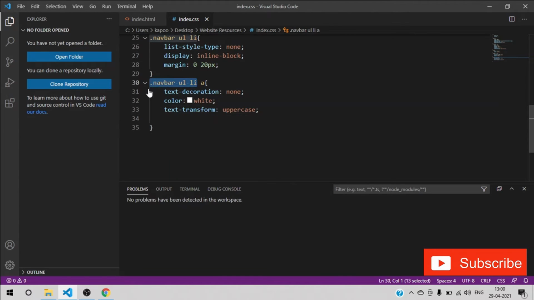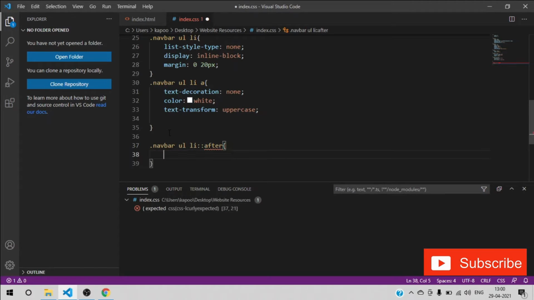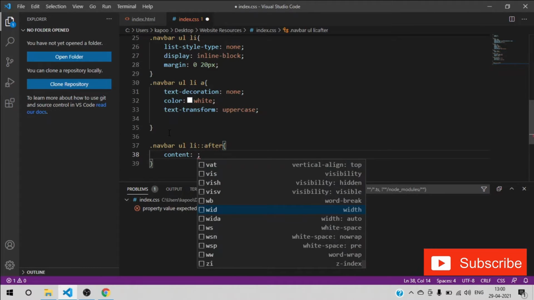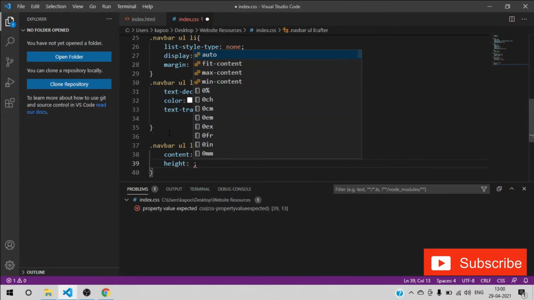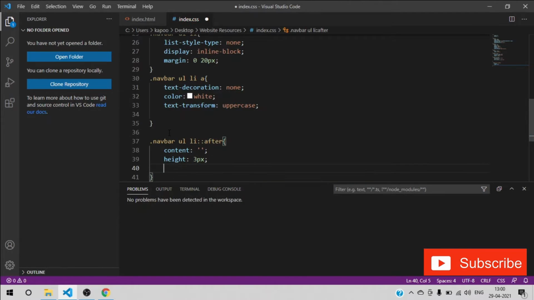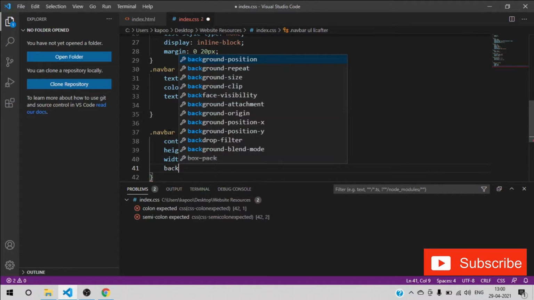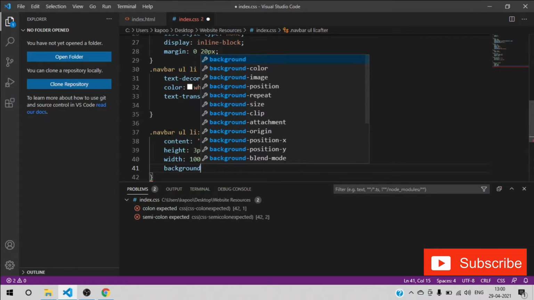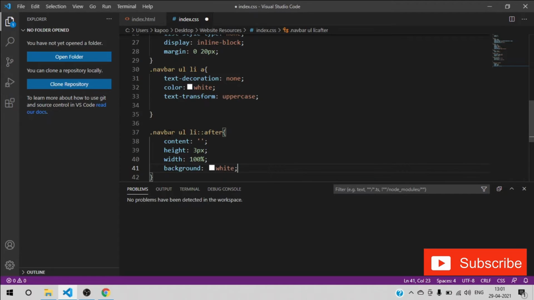Okay, so we'll be providing the hover effect on this. So what we have to do is give it as after, and then just write it as content is empty string, height as 3px, width as 100%, and what's next is background in white color.